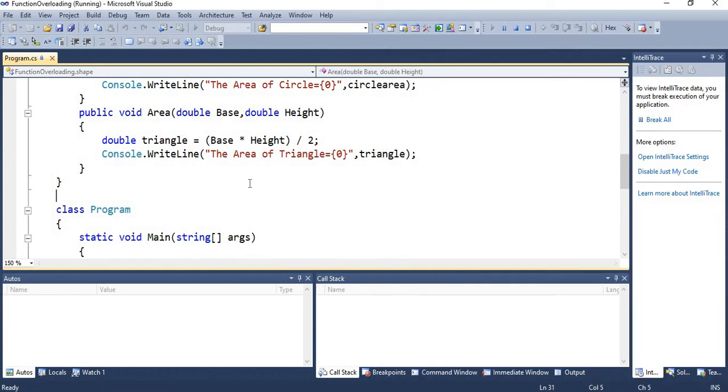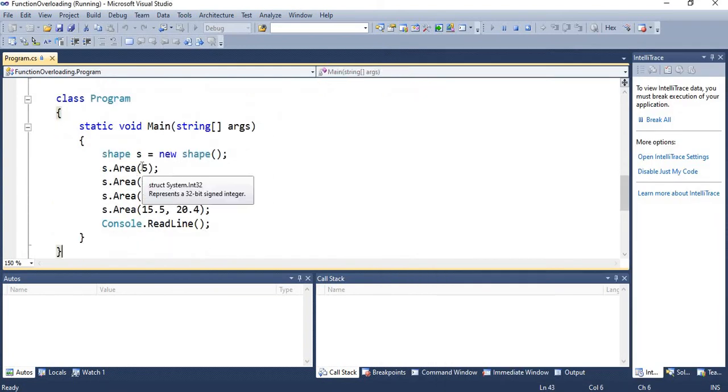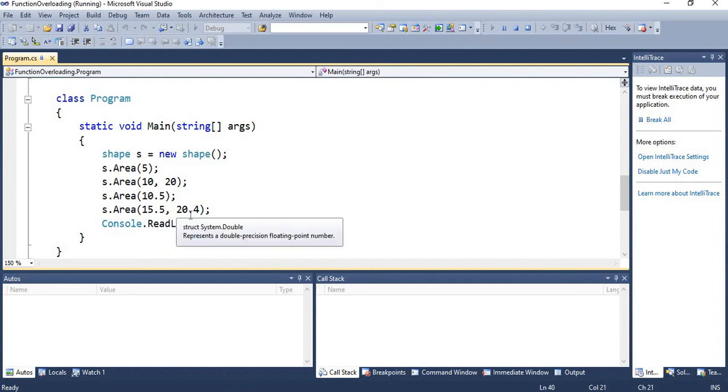It will take the input from the arguments. In the main function we have called that method with the help of the object. The first inputs are 5, then 10, 20, 10.5, and last 15.5, 20.4.